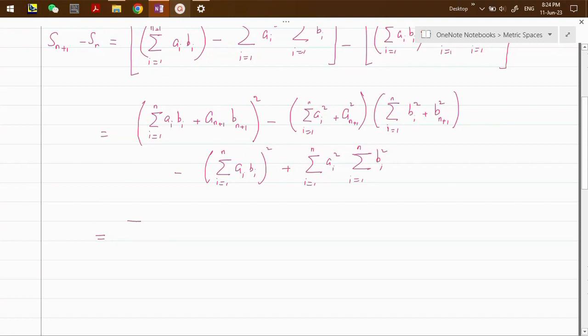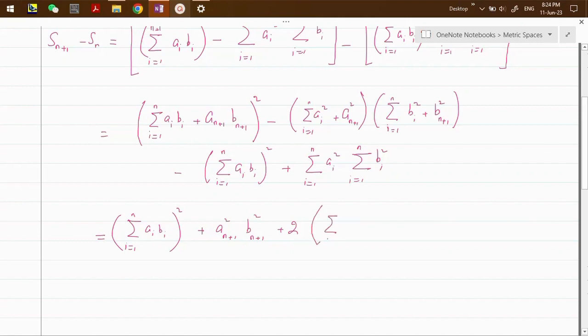We get summation i from 1 to n (ai bi) whole square plus a(n+1) square b(n+1) square plus 2